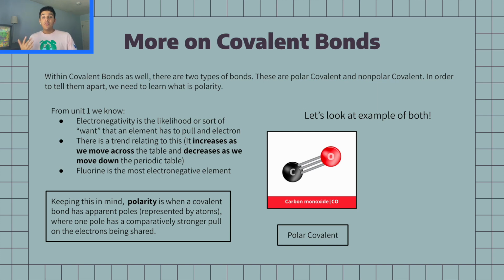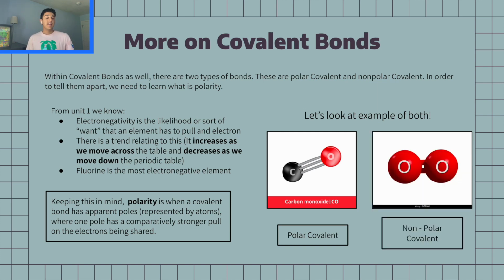Now let's look at an example of a non-polar covalent. I have an example of just plain old O2, the oxygen that we breathe in. And the reason it's non-polar covalent is that it's made of 2 oxygen atoms. And since they're both oxygen atoms, they have the exact same electronegativity. And this applies to all non-polar covalent molecules. Basically, if both the atoms involved in the molecule have the exact same electronegativity, it's going to be balanced, right? Because they're going to have an equal pull on the electrons that are in the middle. So in order for a non-polar covalent molecule to come about, you need both the atoms to have an equal